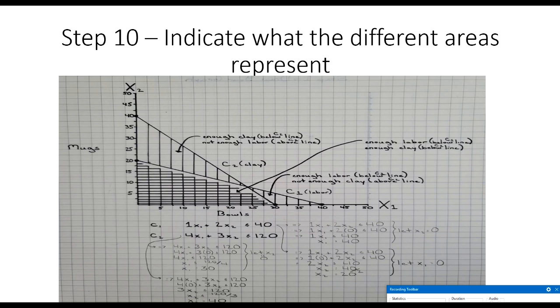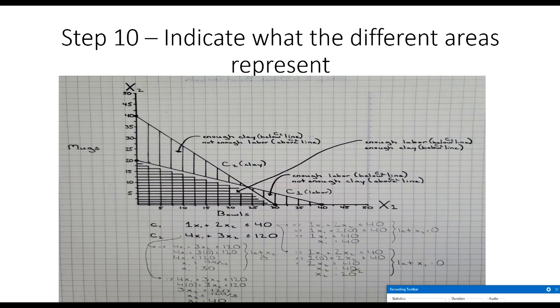We see, because it's a maximization, these are our possible choices down here. We have enough labor because it's below our labor line, and we have enough clay because it's below our clay line. So all of these choices are possible. We can make 0 bowls and 20 mugs because it's below both lines. We can make 5 bowls and 5 mugs because it's below both lines. We can make 15 bowls and 10 mugs because this is below both lines. However,